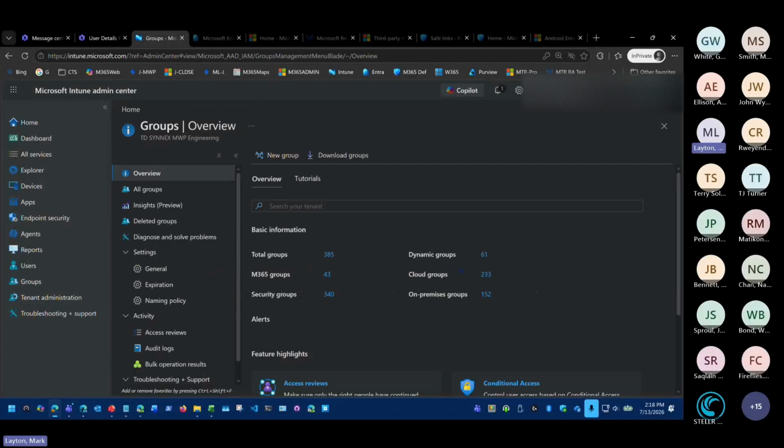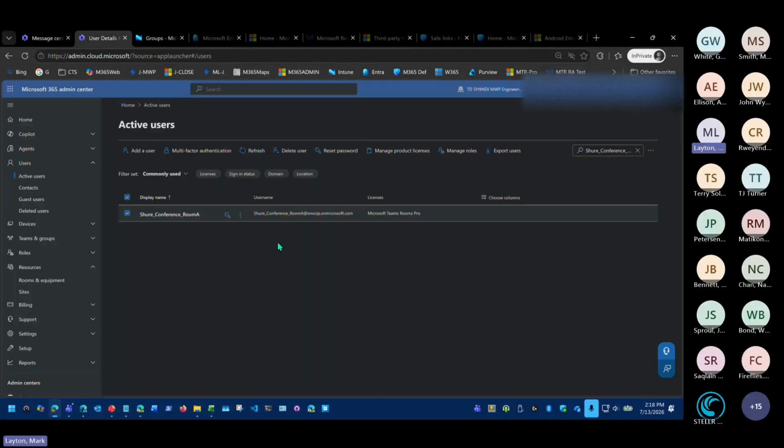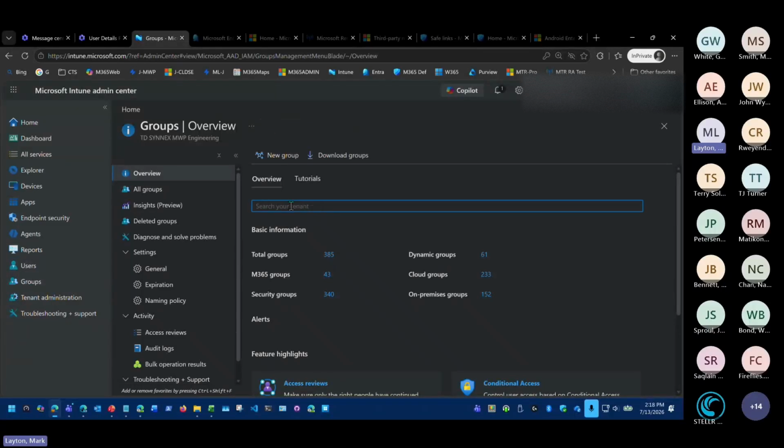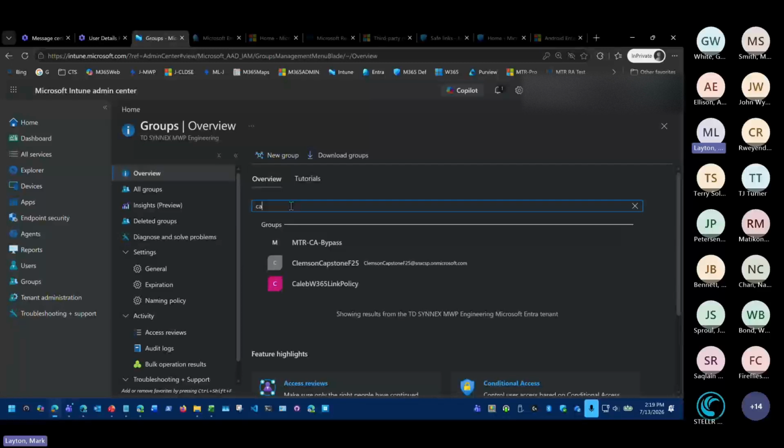And then again, remember that for the resource account that you're setting up, you're probably going to do some configuration settings, and there's some PowerShell to do there. And I have a guide for you that I'm going to share later, but for right now, I'm just talking through this from a demo perspective. Okay, as I mentioned before, you're also going to need to make sure that every single resource account, Android and Windows, are excluded from MFA. So I created a